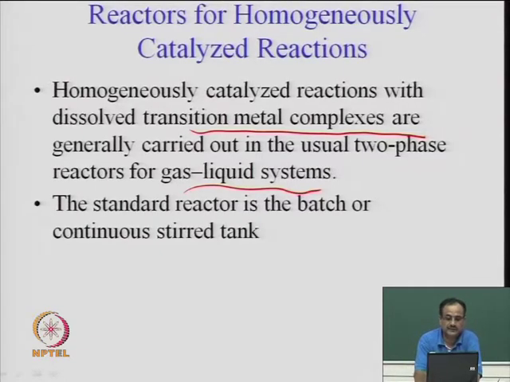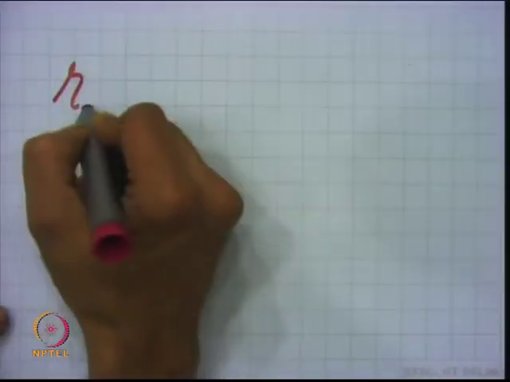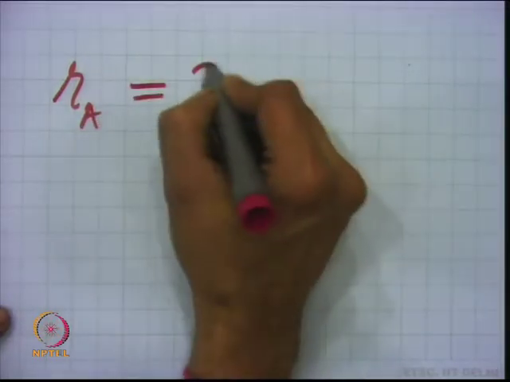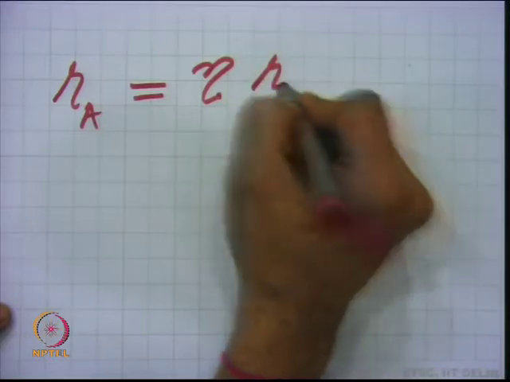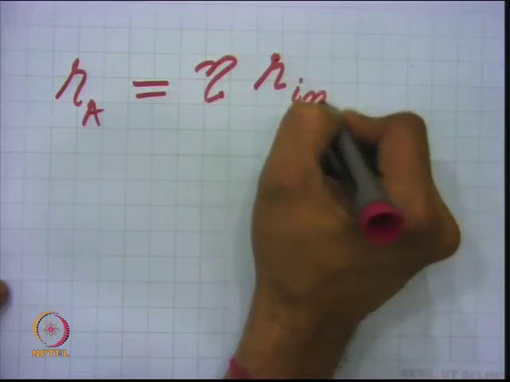The standard reactors in this case can be a bubble column type or a CSTR type reactor, or it can be done in a batch reactor also. As I said, because the diffusion problem is avoided, and diffusion is a severe problem because of which the effectiveness factor decreases. I was discussing this before: when we have diffusion, we introduce a term, the rate in the catalyst is some effectiveness factor times the rate when there is no influence of diffusion resistance. That I called the intrinsic rate.